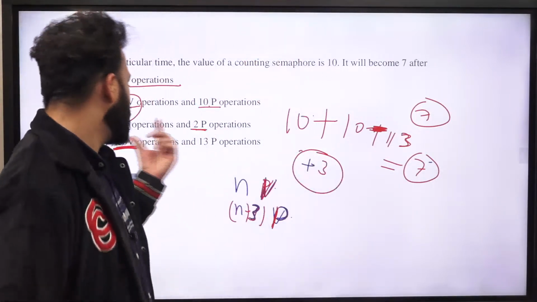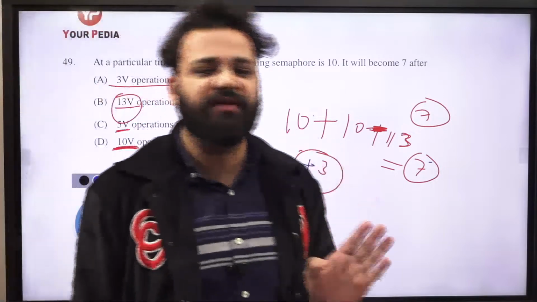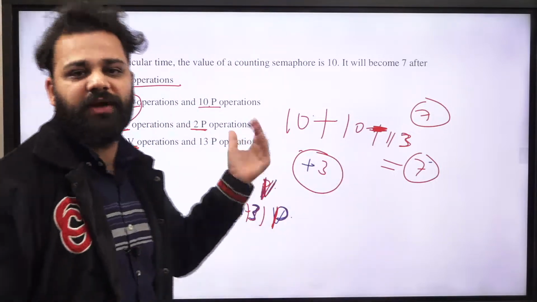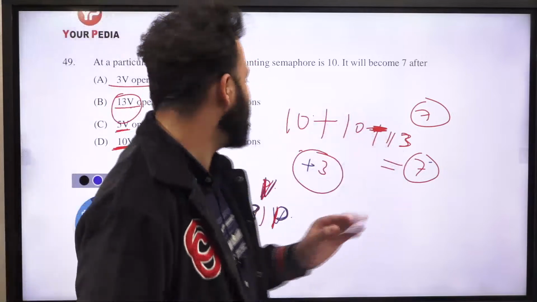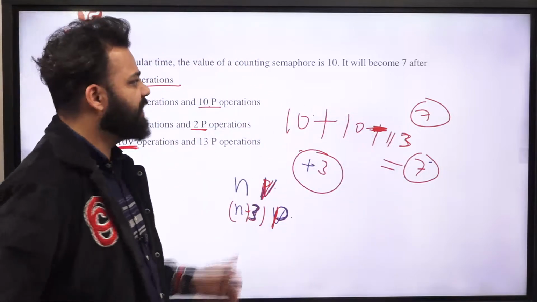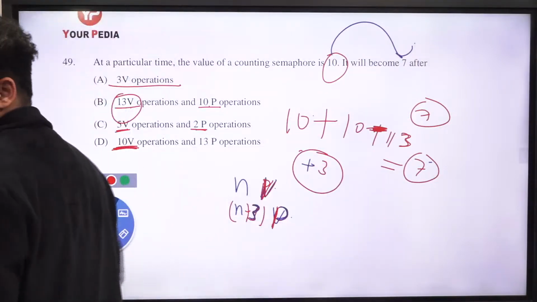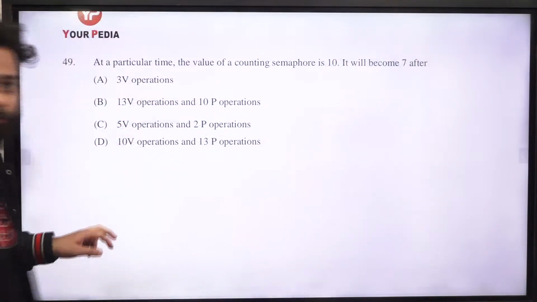If you find the sum of these, it will be 3 down operations in total, because 10 up and 10 down will give you 1 minus 1, ten times, which gives you 0. So there will be overall 3 down operations, and if there are 3 down operations, your value will go from 10 to 7. Next is